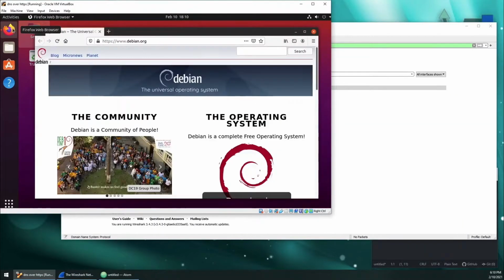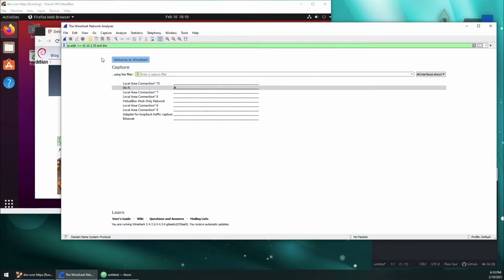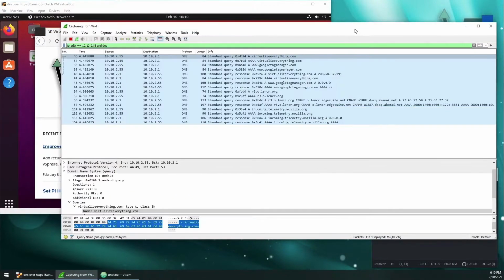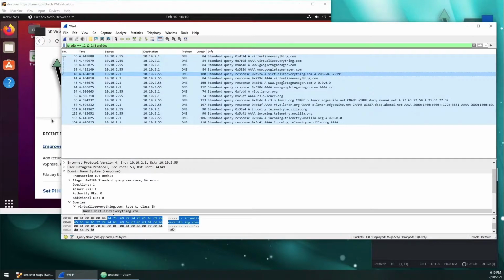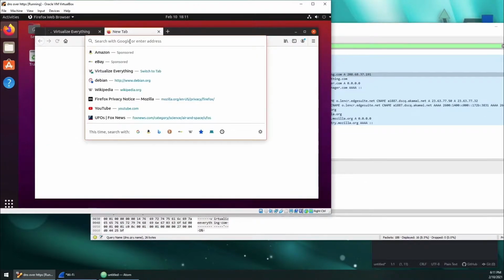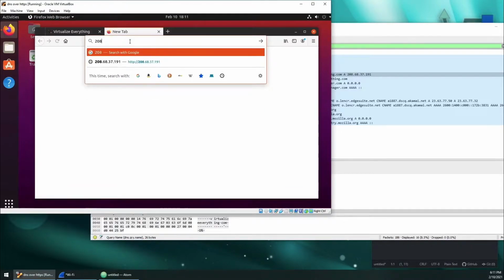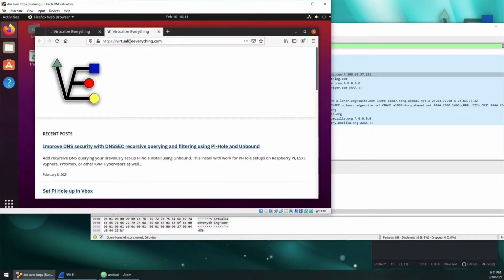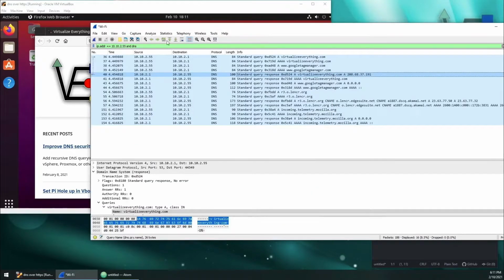So I'm going to load Firefox and start Wireshark with a filter running. Now we load the website and we can see our DNS packets. Now I'm filtering all other packets out at the moment, and we're just looking for the DNS packet with the IP address response from Virtualize Everything. You can see that's 208.63.37.191. Now I'm just loading that IP address into a browser so you can see that it is Virtualize Everything's